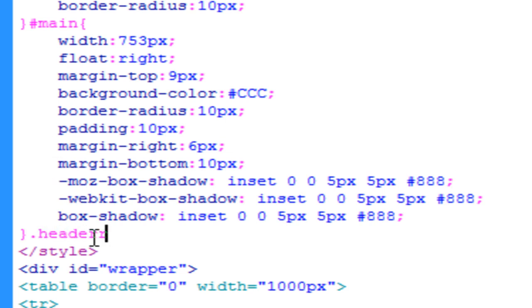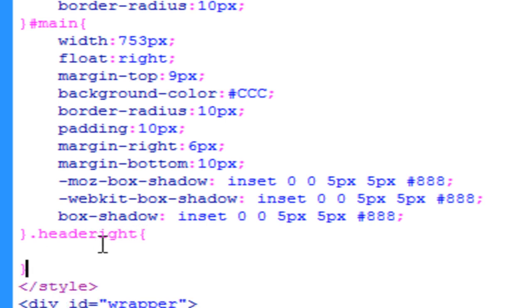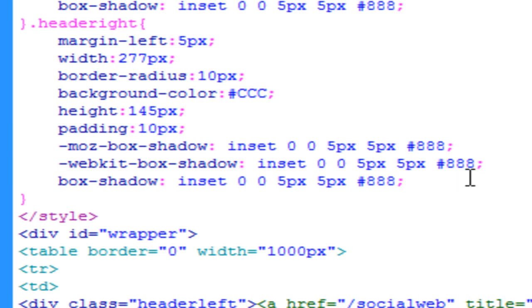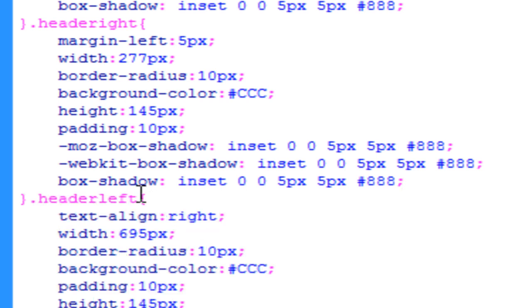So now we're going to be using the header, we're going to be making the header declaration here. Just put my notes up here, margin left equals 5px. Actually, I'm just going to copy and paste this because I can feel that if I were in your shoes, I would be a little disappointed because it's just redundant. So maybe we can pause the video and just take a quick peek at that. Just do the header left here, copy the header left,